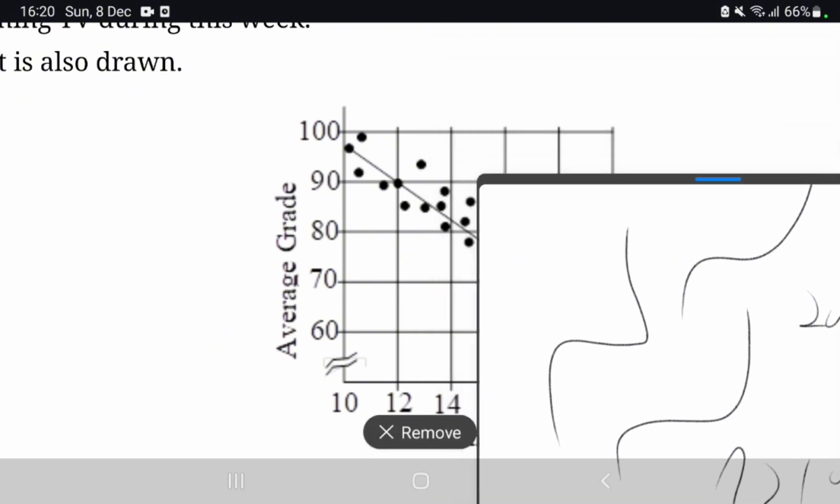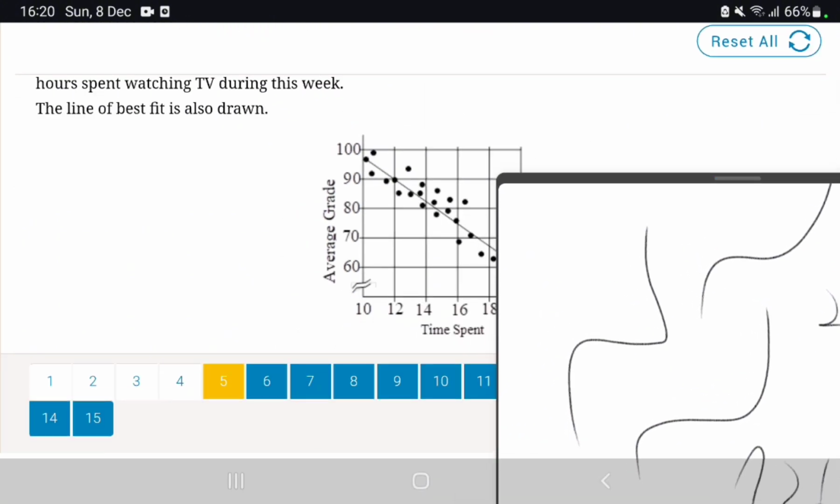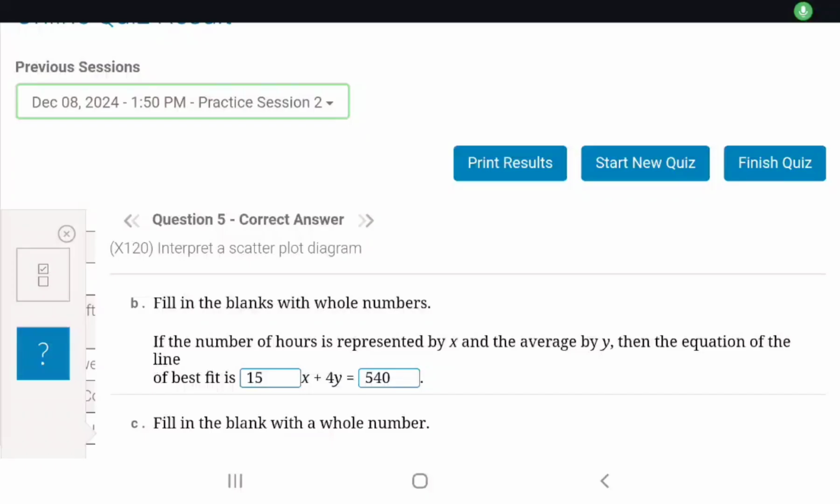We will find out that the slope will be negative 3.75. We need to find the slope, which is negative 3.75, so the equation itself is y equals negative 3.75x plus b. So we take negative 3.75x to the other side so we can match this equation. And then we do times 4 everywhere